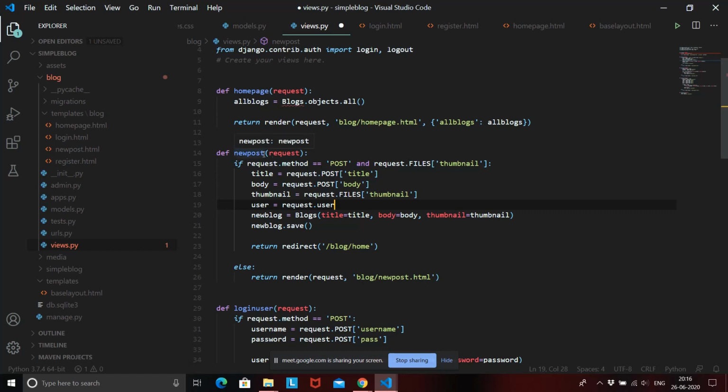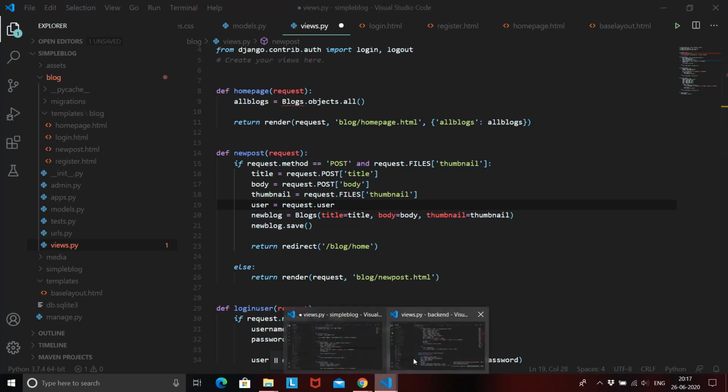This new post function is handling a request, and who is making that request? The user that is currently logged in. So we just take the user from the request and assign it to a variable called user, and then we tell it that this new blog is created by this user. Okay, so let's check how we can do that.